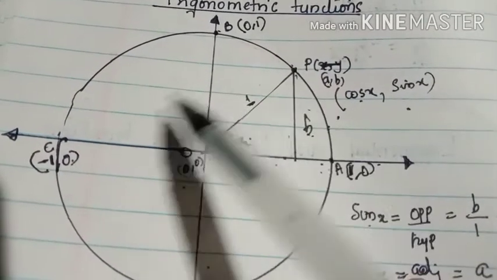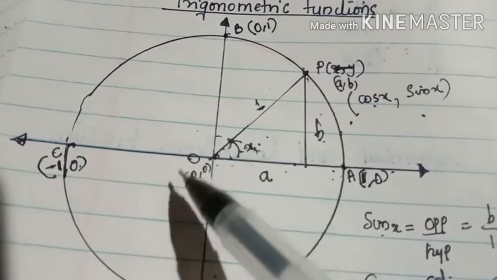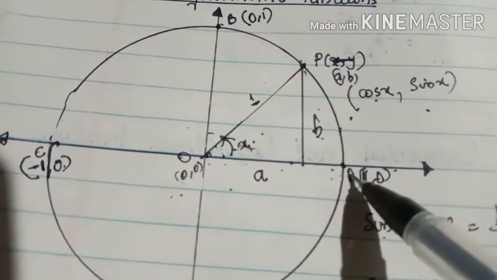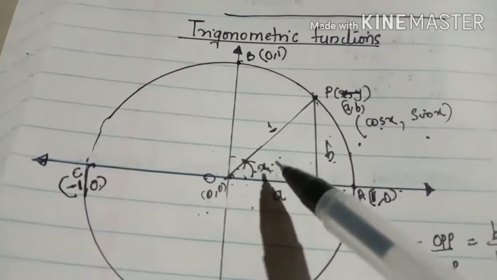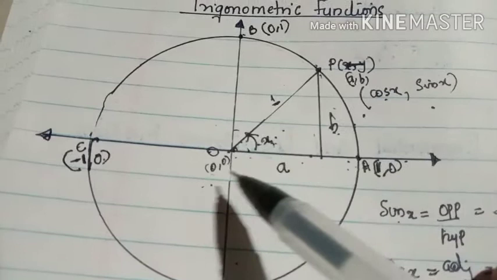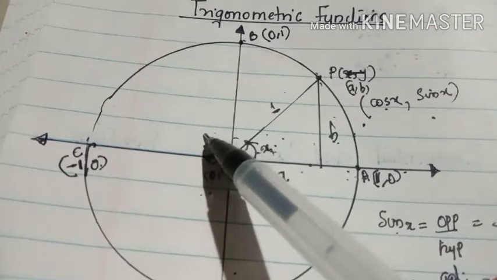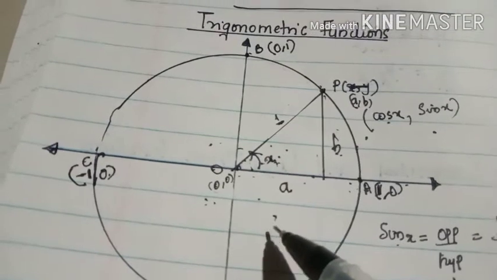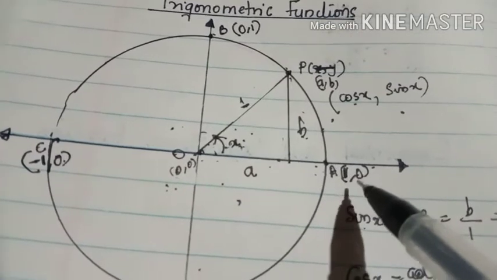Listen, it starts at A and ends at A. One complete revolution, that is 360 degrees. Pi by 2 plus pi by 2 plus pi by 2 plus pi by 2, 4 pi by 2, that is 2 pi. That means 360 degrees. Anyway, we can consider all the angles in the anti-clockwise direction and all these angles are integral multiples of pi by 2. This is 1 into pi by 2, this is 2 into pi by 2, this is 3 into pi by 2 and this one is 4 into pi by 2.